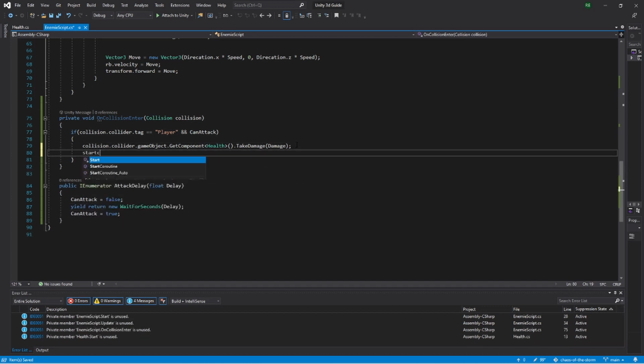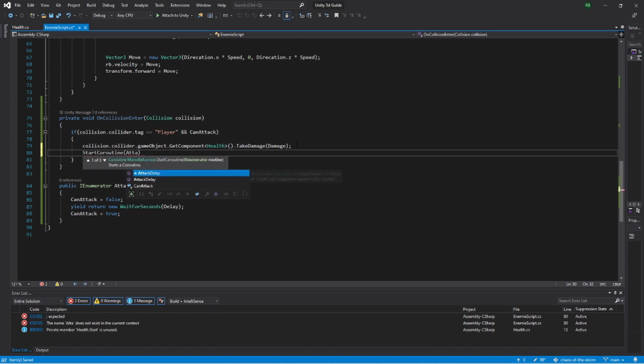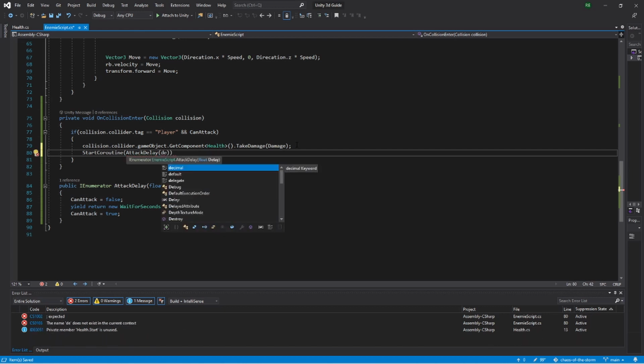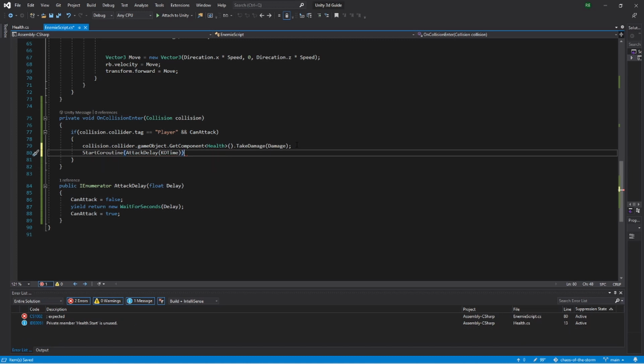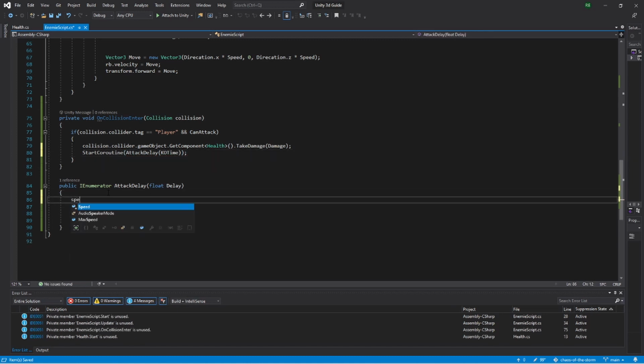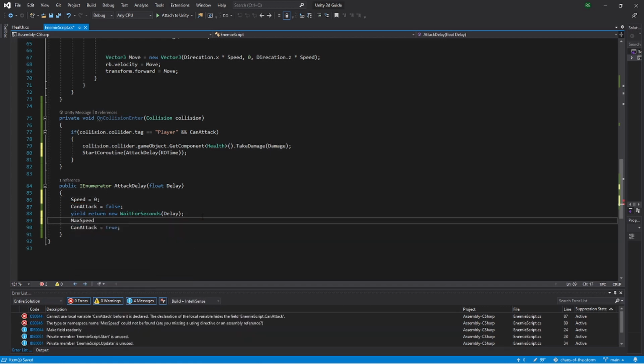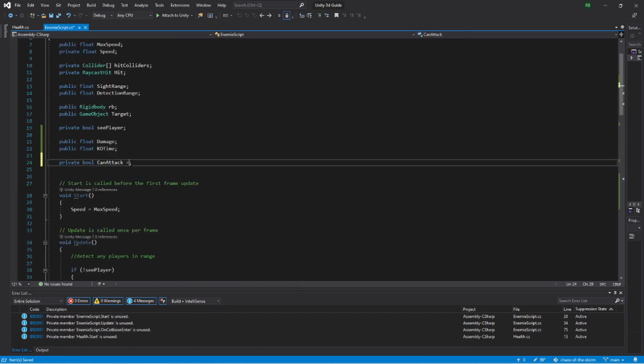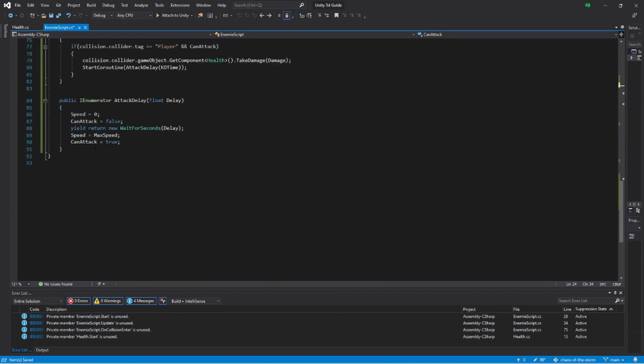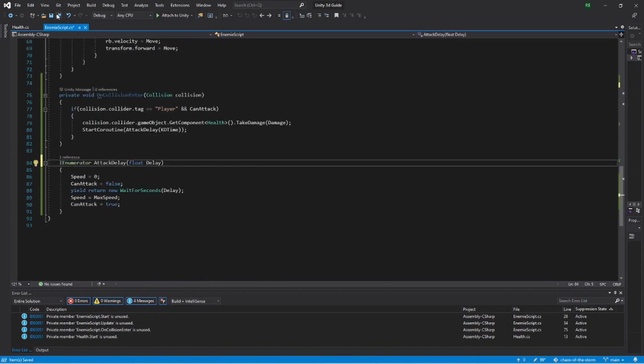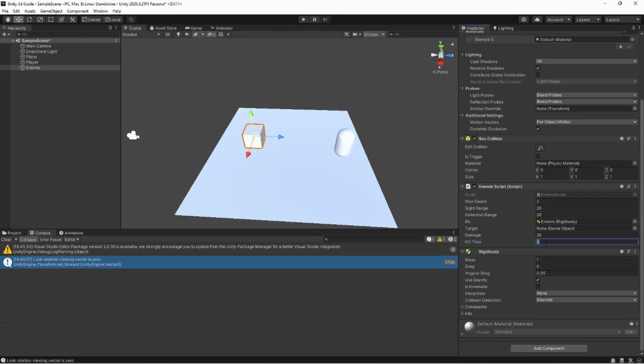Now we're going to call that function. You do this by typing StartCoroutine and then attack delay, and as the delay we'll pass in our KO time, which we set earlier, and this is basically the time the enemy will be knocked out after an attack. We'll also make sure that the enemy can't move during that period of time. So we'll set its speed to 0, and after it's done, we'll set its speed back to the max. Okay, perfect. And that should be almost it. Oh yeah, also it's just IEnumerator, not public, and also set the can attack variable to true, so it can attack. And now if we set a KO time of like 3, for example,